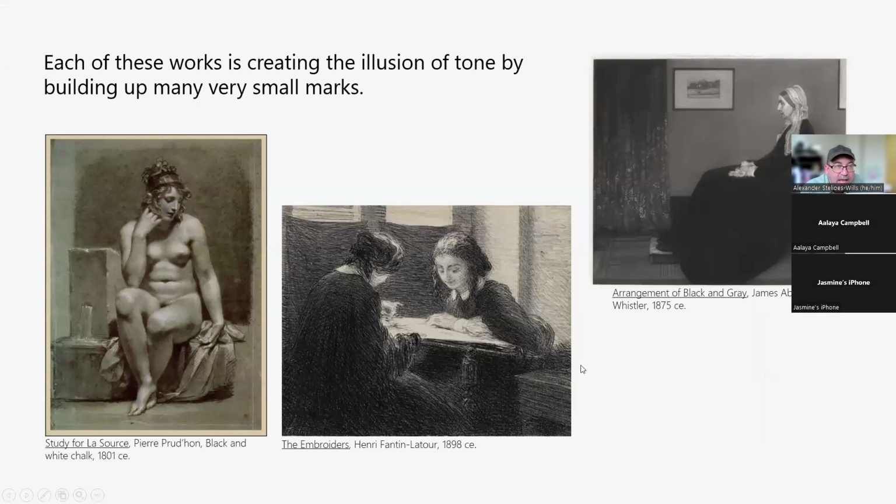Okay. And so what is the difference between mark repetition and tone? Like I said, it can be a bit blurry, right? Because this drawing here, which feels like pure tone, is actually not pure tone because it's on a gray paper, and then the drawing is made up of very, very light and subtle hatching marks, both with various black charcoals and dark gray charcoals, and then one white drawing stick to get all the light values,